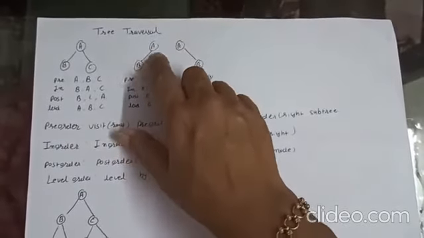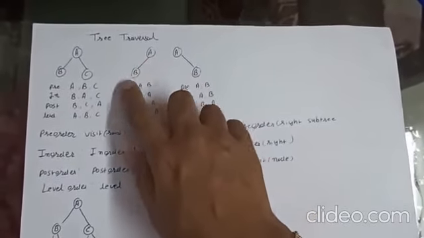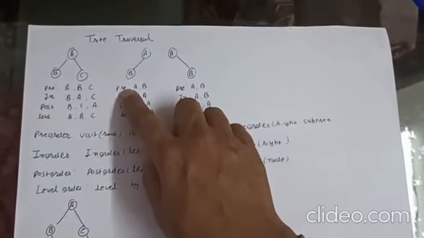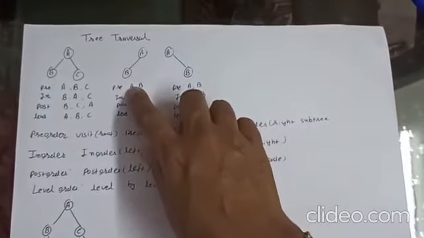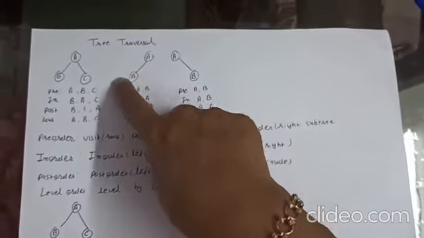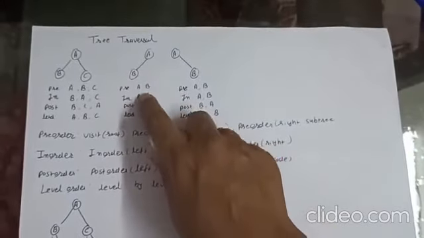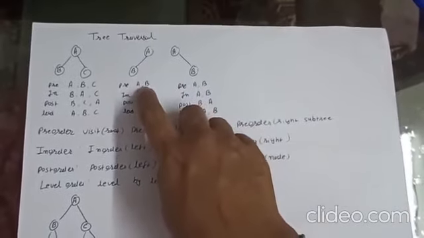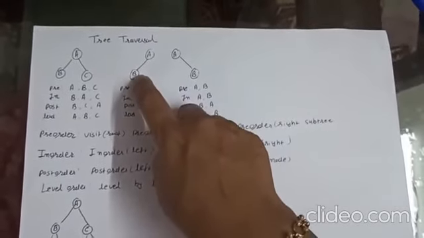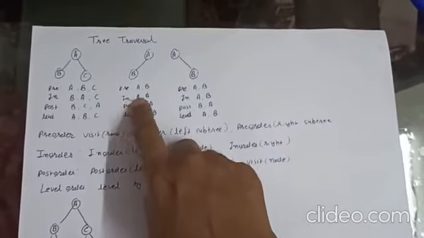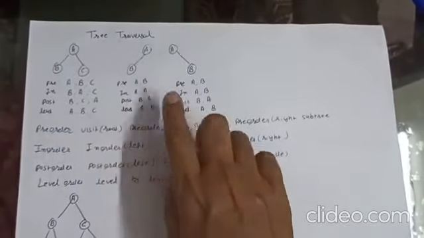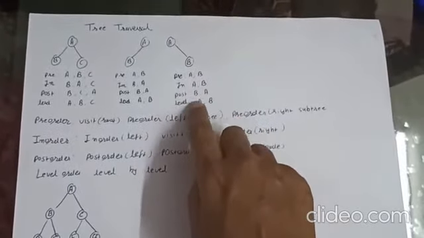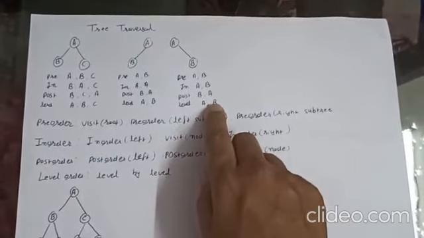Now look at this tree. We have only these 2 nodes. What is the pre-order of this tree? In pre-order, we will visit the root first, so that's why A, and then we will perform pre-order on the left subtree, but we have a single node, so B, and we do not have any right subtree, so that's all. A, B is the pre-order traversal for this tree. And similarly, the in-order, post-order and level order traversals are given, and for this tree also pre-order, in-order, post-order and level order traversals are given.